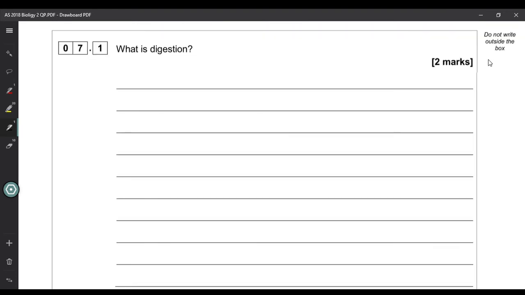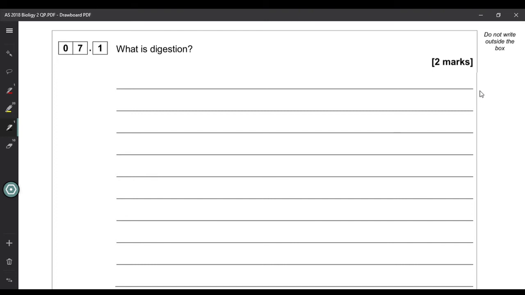Question 7 starts by asking us, what is digestion? Now, obviously this is an AS paper, so we want enough information to a higher level for AS level. We don't want things like it breaks down food, or some answers will talk about it actually being absorbed by the gut. We've got to be specific about what digestion is, and the type of answer that we'd expect at AS level,